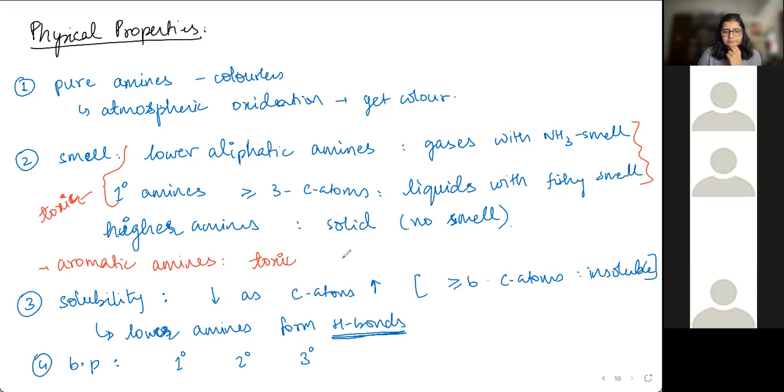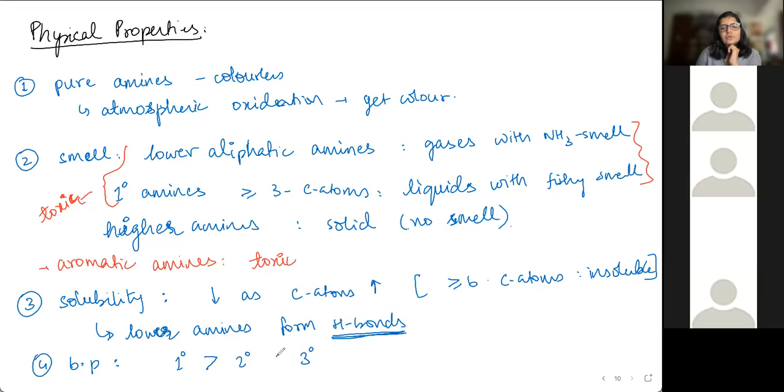Ma'am, tertiary amines. Why? Consider comparable molecular mass. Hydrogen bonding. Oh, so then it'll be opposite, because if the molecular mass is increasing, that means the number of hydrogen atoms are decreasing, and H bonding will also decrease. So the other way around. That is, primary amines will have the highest